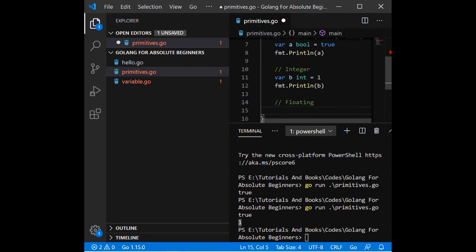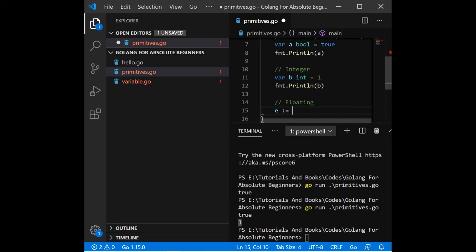We have another type which is floating point numbers. So you can also initialize a floating point number in Go. You can simply do that by using the static type method, but for now we are using the third way which we discussed in variables, which is directly creating a variable and assigning it a value.